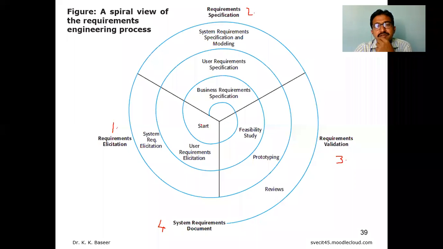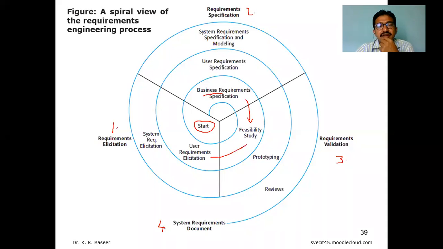If you see, the process starts from here, in an iterative manner. Initially, it collects the business requirement. Once it has collected the business requirement specification, it goes to the next phase, which is the feasibility study. Once the business requirement specification has clearly mentioned for which type of applications we are developing, who the end users are, and for which market we are releasing the product, immediately we have to take care of the schedule, budget, and the rest of these things as part of the feasibility study.